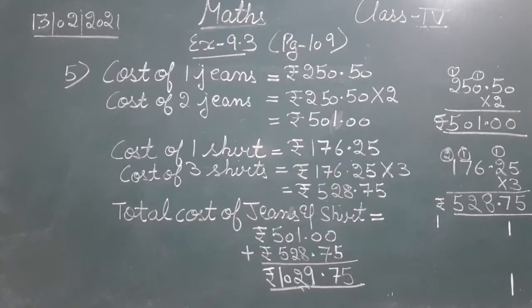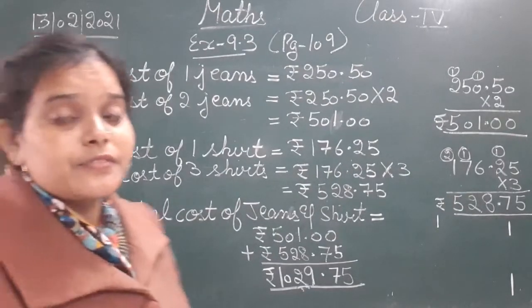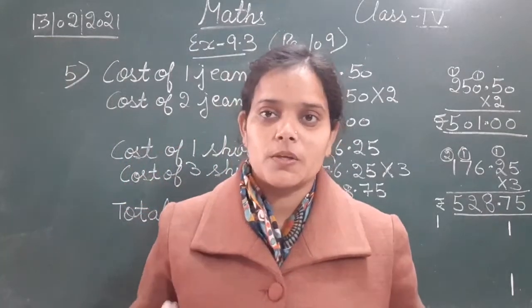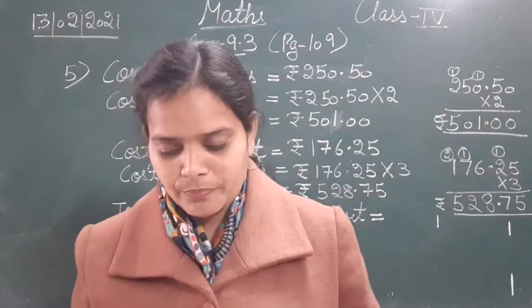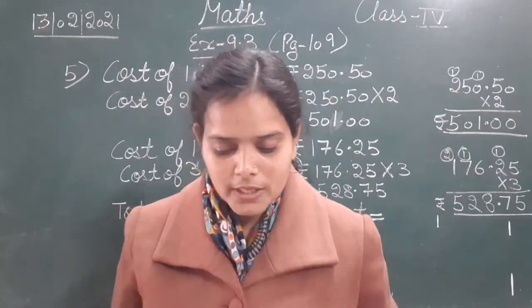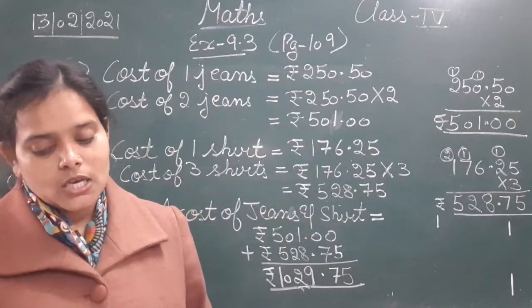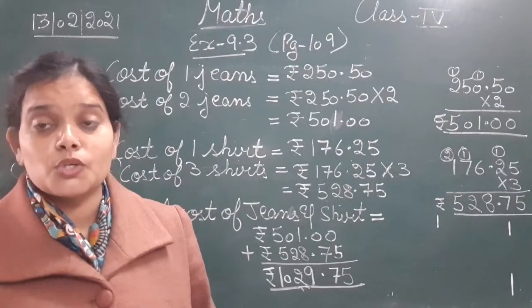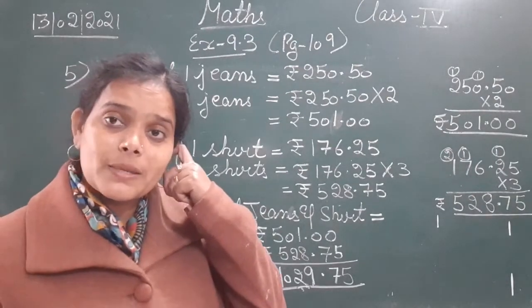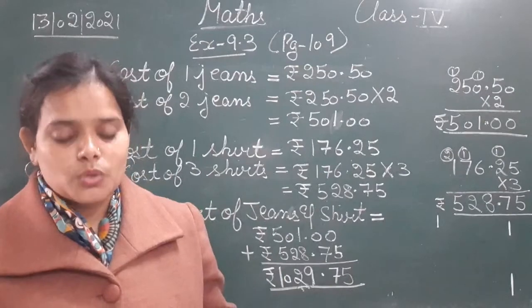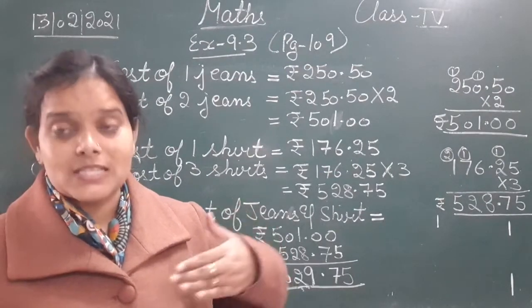Okay, next देखिए अभी question is still left. It's a little bit lengthy question but an easy one as well. देखिए now we have calculated the total cost that Jagjit needs to pay. Now here they had said he paid rupees 1100 to the shopkeeper, but उसने shopkeeper को कितने पैसे दिए? 1100. So now we have to calculate what balance he got back.